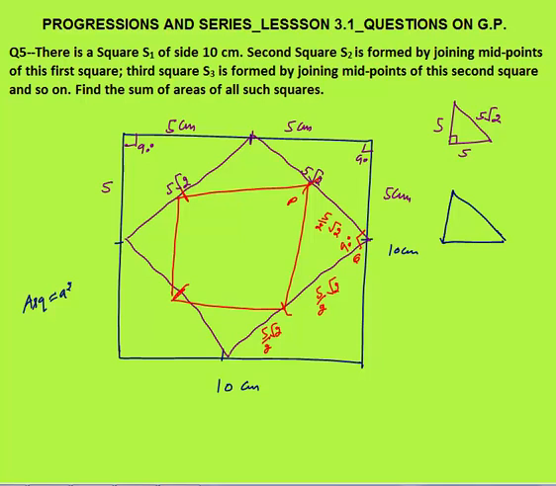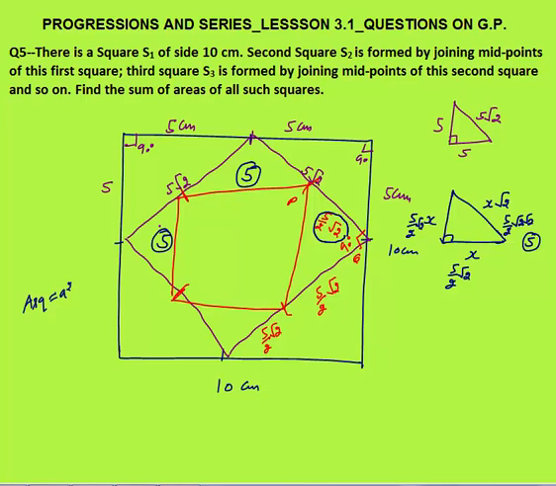So you know that in this right angle triangle, if this side is x, this side is x, this will be x root 2. So before the third square, this side is 5 by 2 root 2 because this complete second square side was 5 root 2. The half of it will be 5 by 2 root 2. If this is 5 by 2 root 2, this will also be 5 by 2 root 2. This will be 5 by 2 root 2 into root 2. So can I say 5 will be the side of the third square. So this will be 5. This is 5. This is 5.